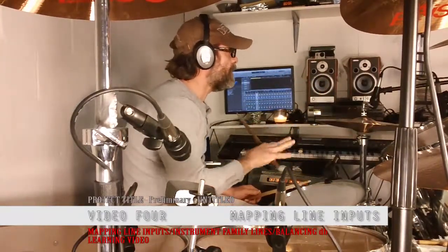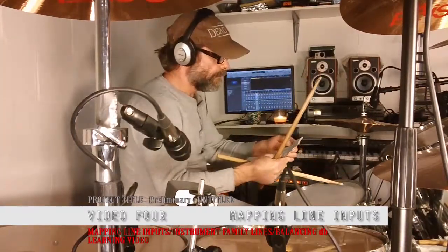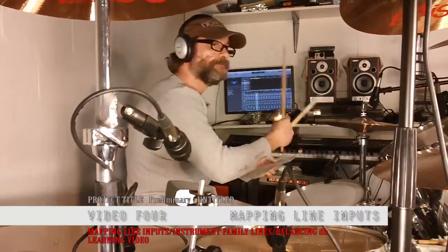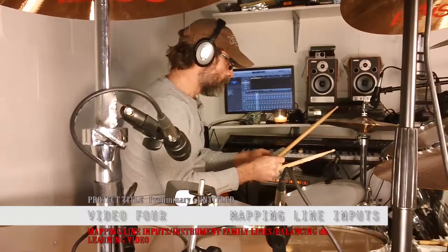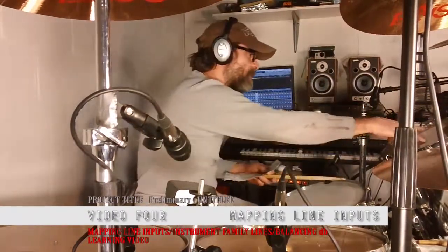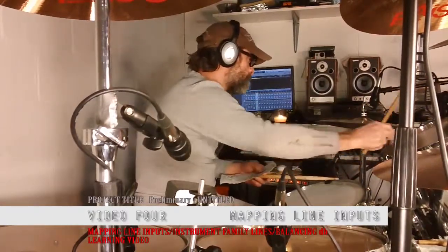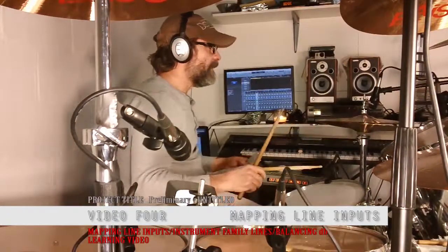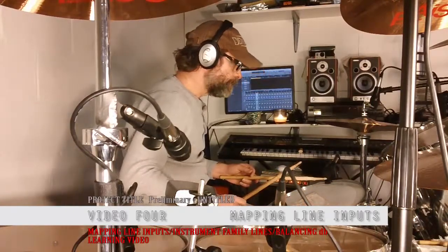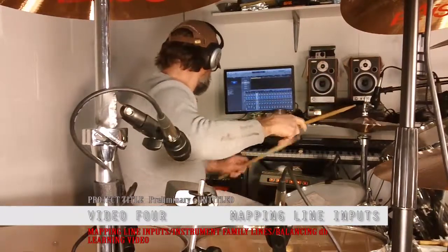Now the only thing I don't like about what I've got going on here right now is that 3 is a brass instrument. The rack tom is a skin and wood instrument. You have different sound dynamics. So, that being said, since both of these are piped in on channel 3,